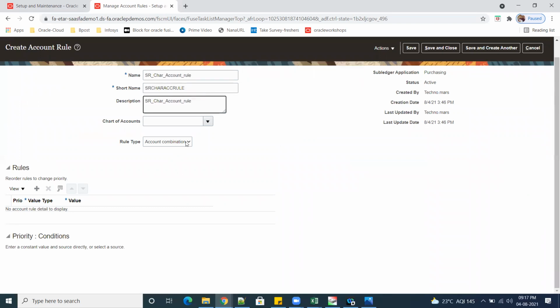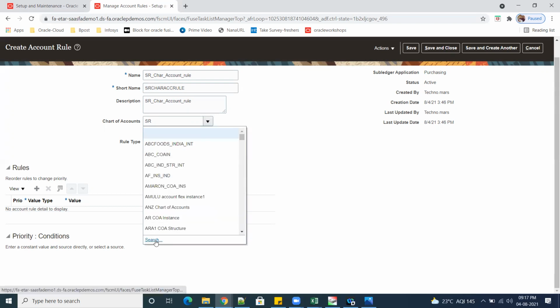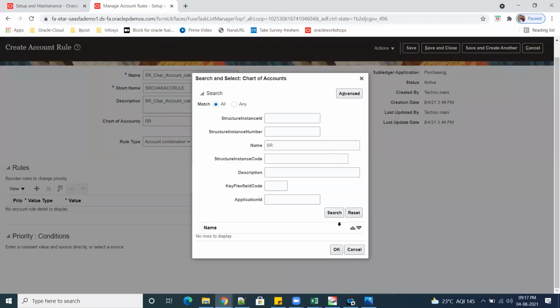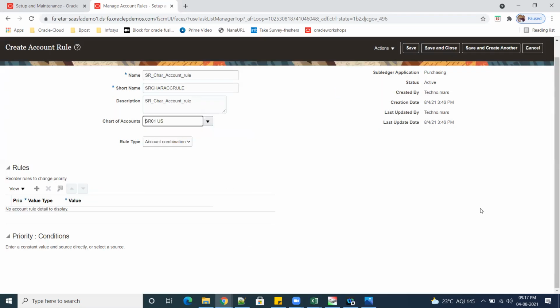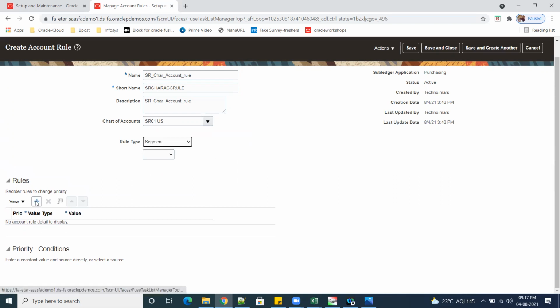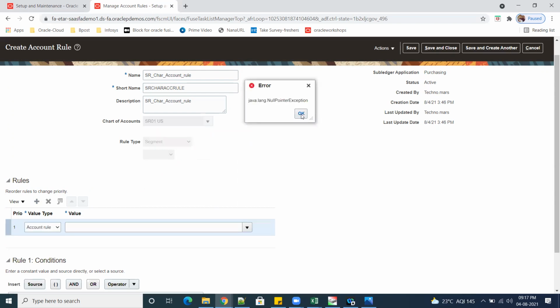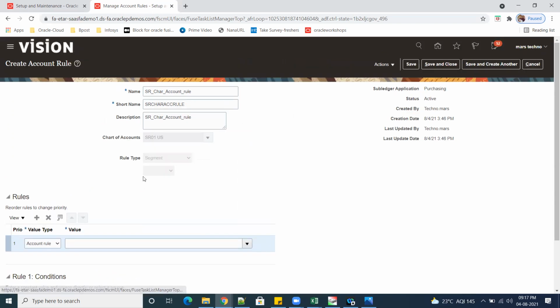Okay. So here chart of accounts is same. Open the drop down. Open it. So SR01, and here segment. Click on plus. Okay, segment you have to select. Sorry, this is grayed out.